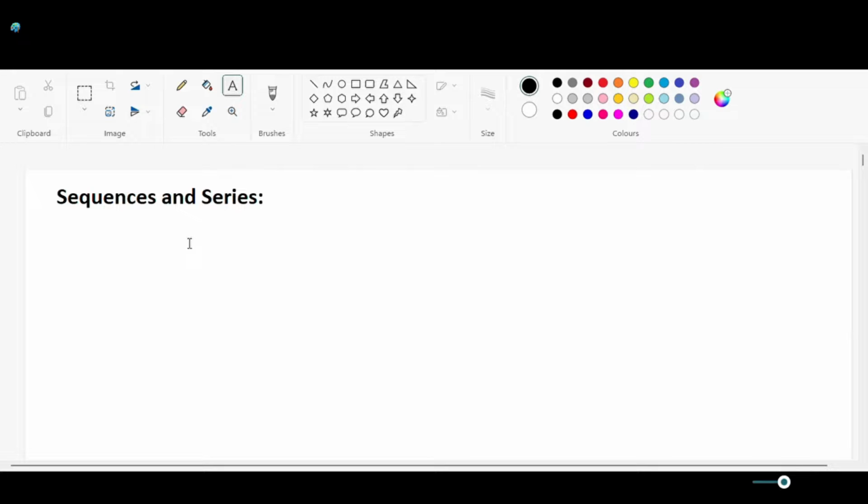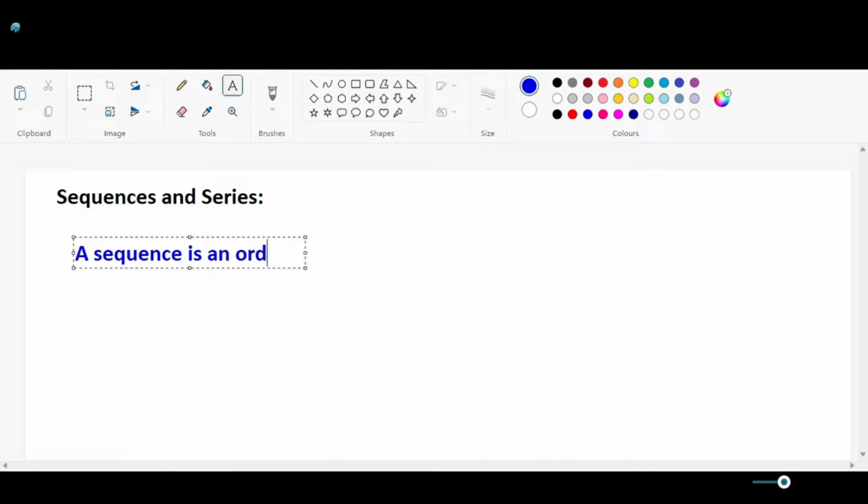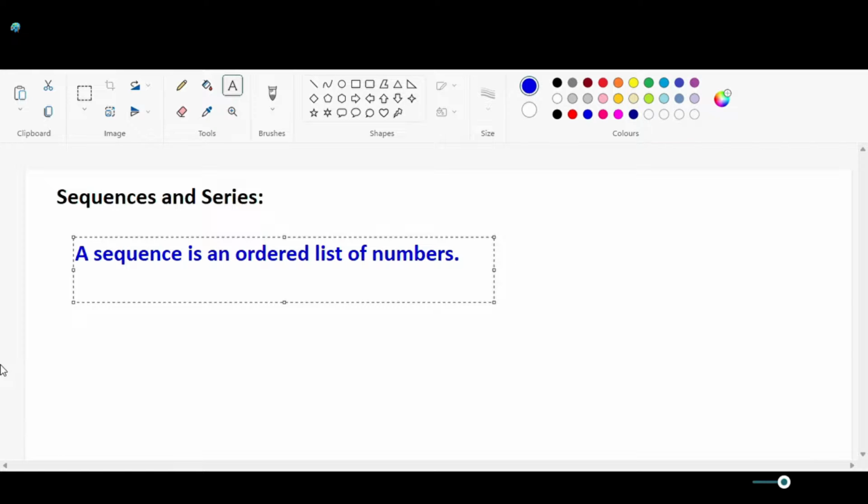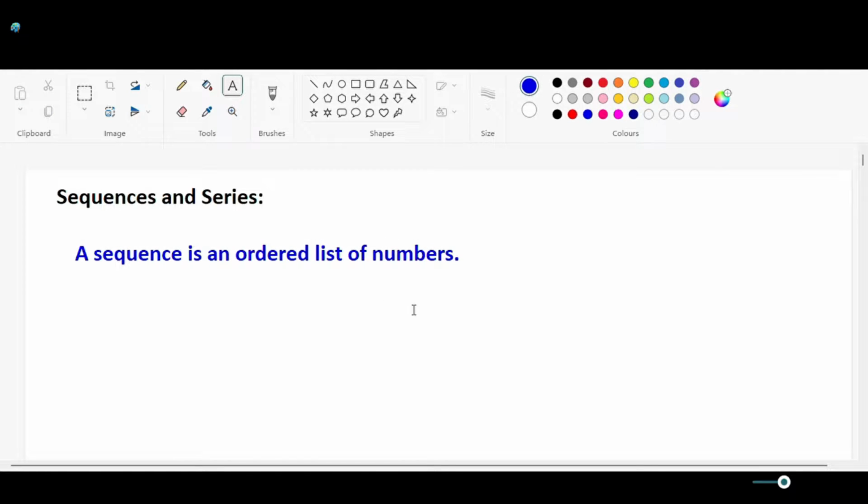Okay, so the first thing that we're going to learn is a sequence. So what is a sequence? A sequence is an ordered list. So a sequence is an ordered list of numbers. So examples of a sequence are like